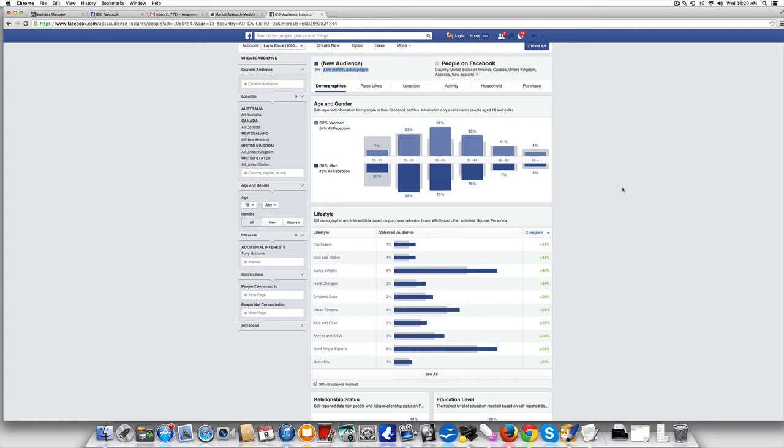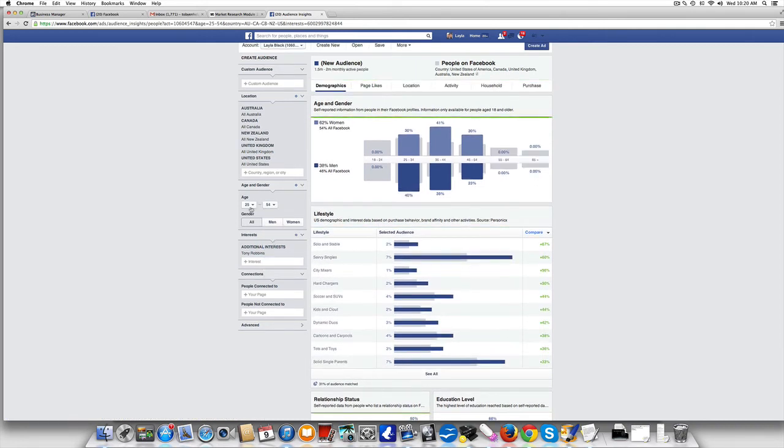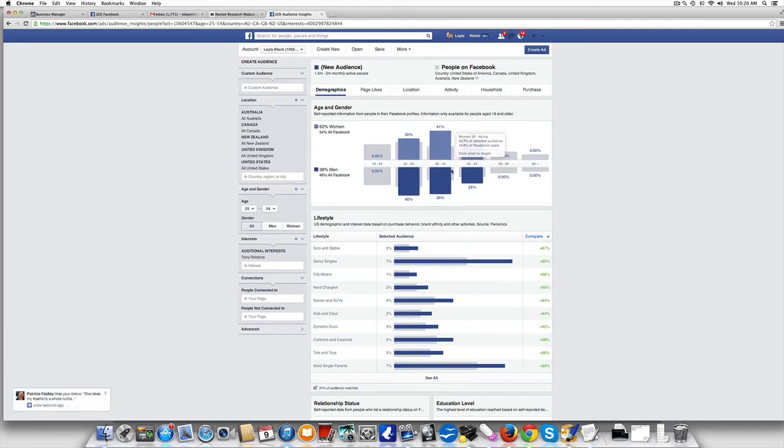But we're going to dial down even deeper into that because we want to get the best ROI. We want to get the best bang for our buck. Now, as we can see, 23%, 32%, and 23%. So basically the majority of people that like Tony Robbins are between the age of 25 and 54. So I'm going to then just go and dial in. Now I would create different like profiles for each one of these age brackets. So I would create a like profile and create ads targeting each one of these. But for my main one I'm starting out with, I'm putting in the main people